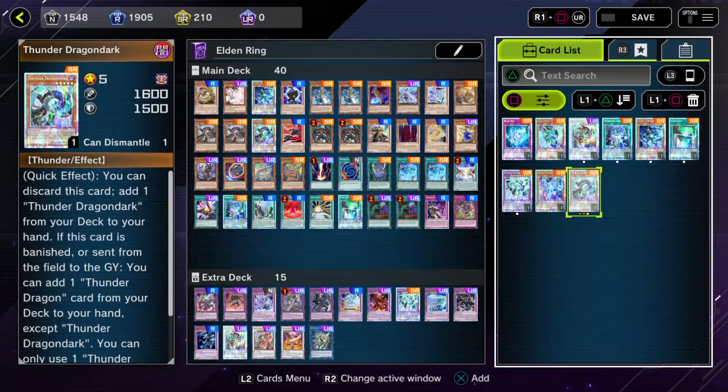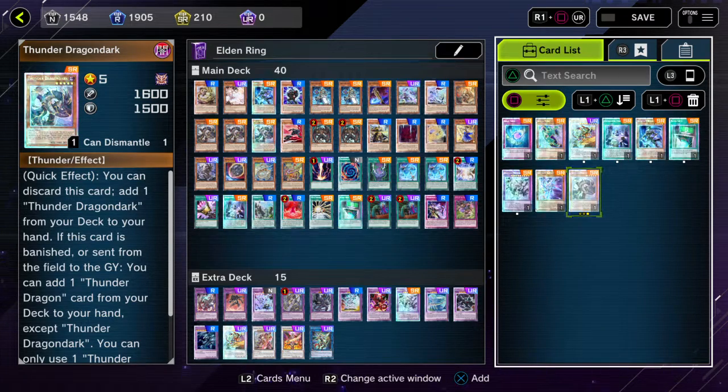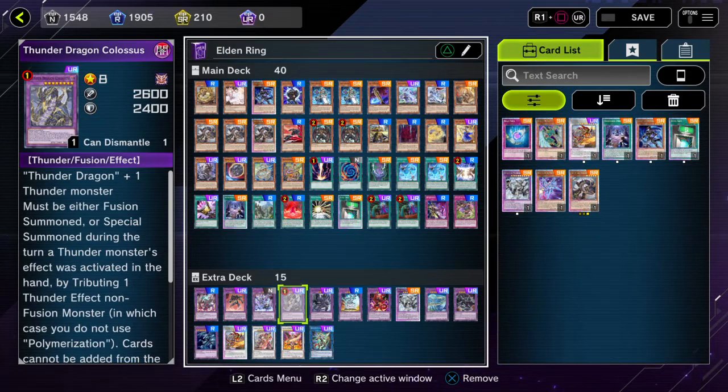So this one, obviously I made a Thunder Dragon deck. It doesn't have Lupine in it, whatever. Either way, this is in this current deck because it's used to summon Colossus, obviously giving me about 2 windows to summon Colossus. There's a few other windows to summon as well, such as if I have,